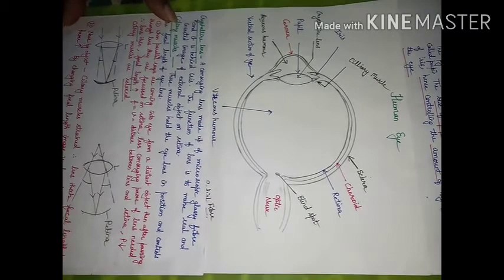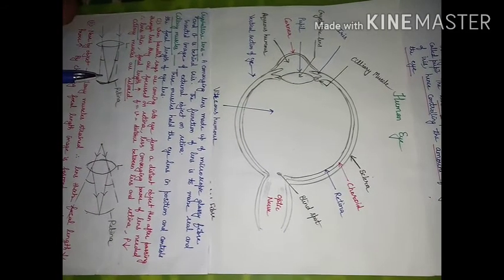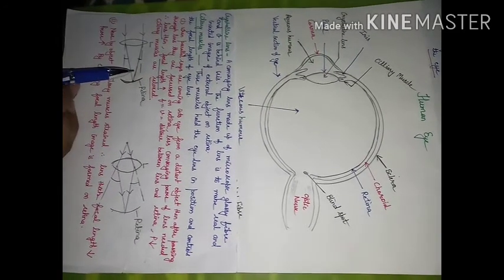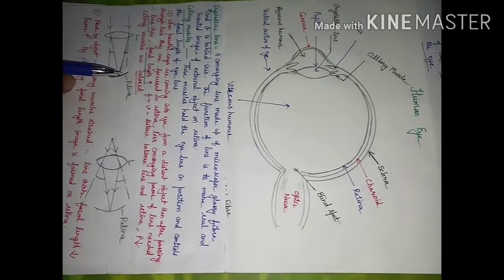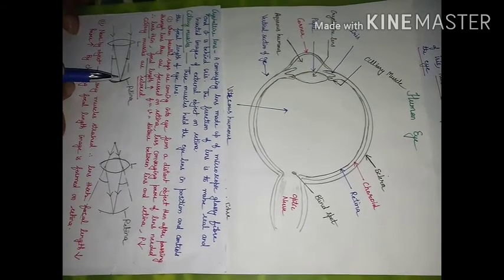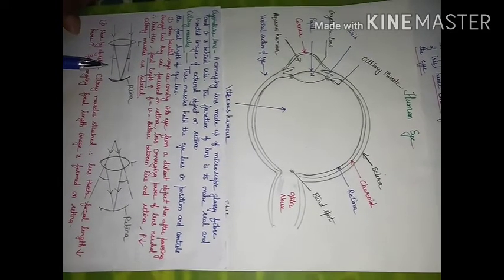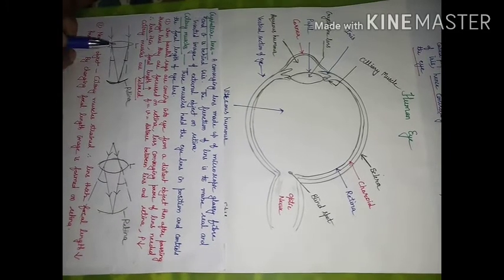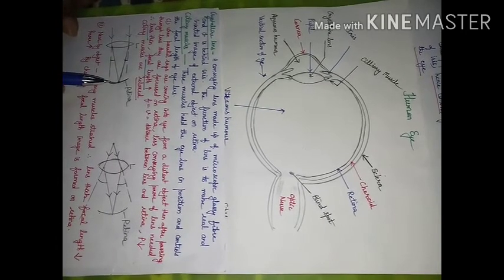Let me consider two cases here, how focal length of the lens is going to change. You have done ray diagrams related to convex lens. 6 ray diagrams you have done, and you have seen that when we are changing the position of object, then the screen we have to displace. It means with the change in value of u, value of v is also changing. But here, the distance between lens and screen is fixed. It means I can change the value of object, but I cannot change the value of v.